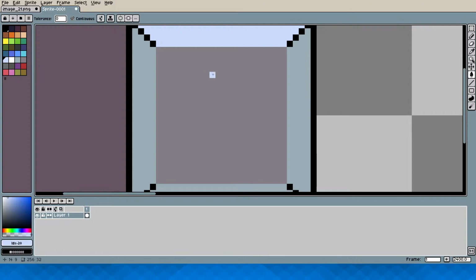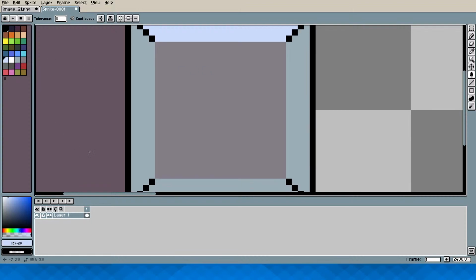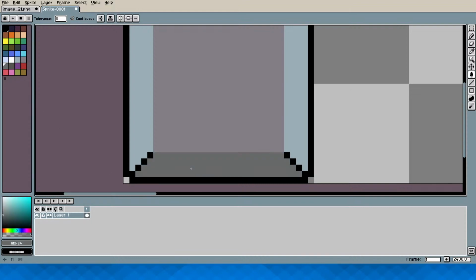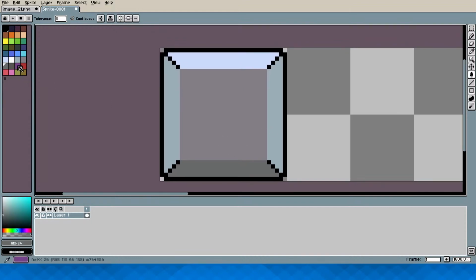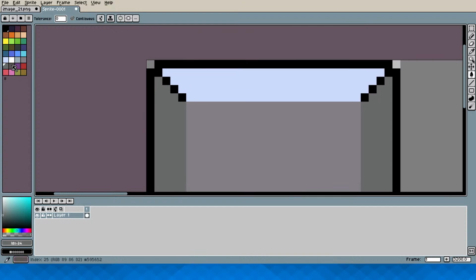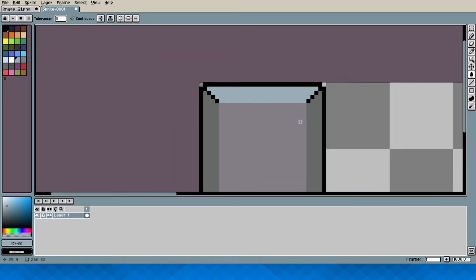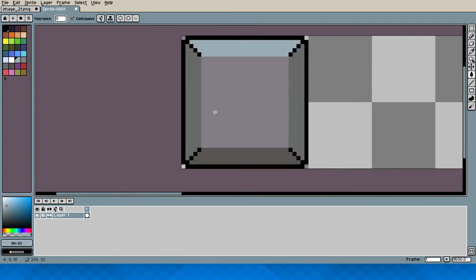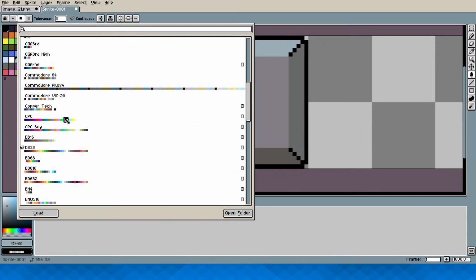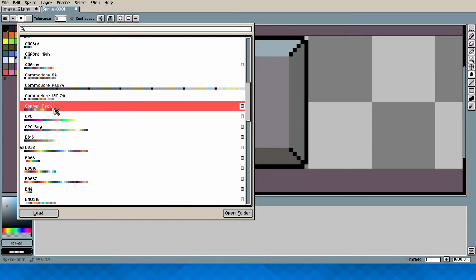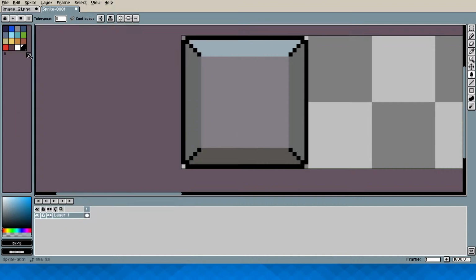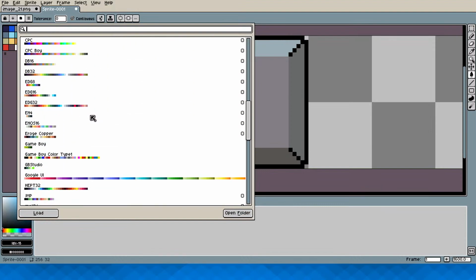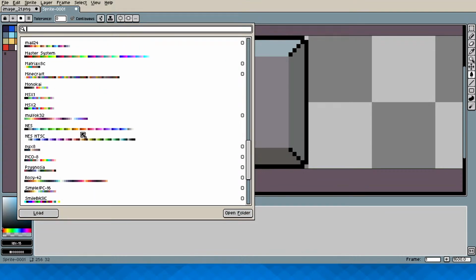So, that and some kind of darker color at the bottom. Like this? Yeah, now this looks out of place. What if I just do this or something? Now this looks too bright. What about this? Now this looks off-colored. Why am I using the default palette? I should be using some kind of better palette here. What's this? I haven't used this palette before. Let's see. This does not have enough color for what I want.